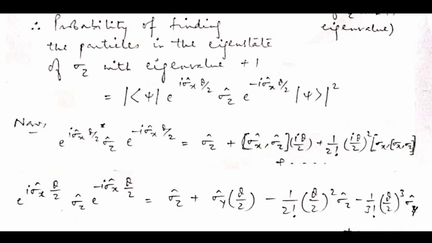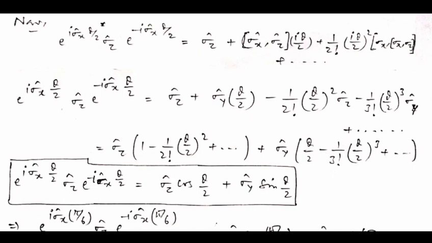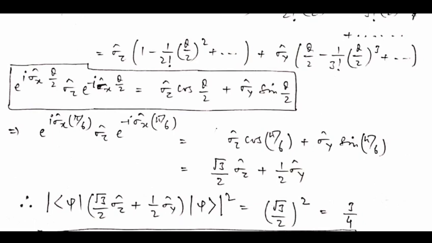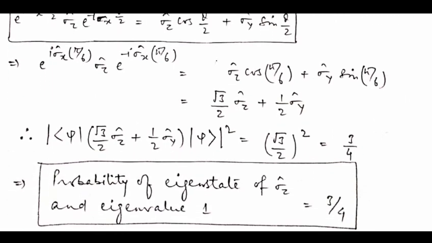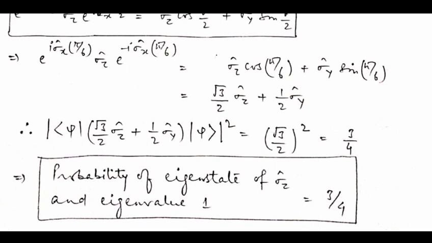which you already might be knowing, that the commutator of sigma x with sigma z will give you minus 2i times sigma y, and thereby you can simplify this expression, and after writing the sigma z operators together and separated from the sigma y operators, this full operator actually simplifies to sigma z into cos theta by 2 plus sigma y into sin theta by 2, and therefore for a rotation by 60 degrees, this operator actually becomes root 3 by 2 times sigma z plus half times sigma y,